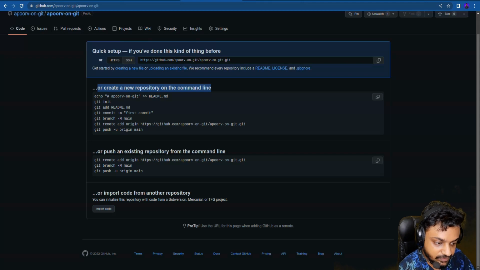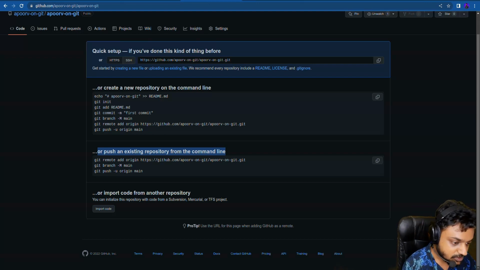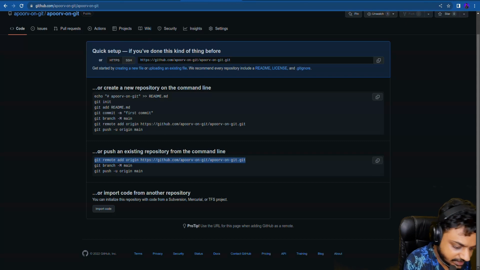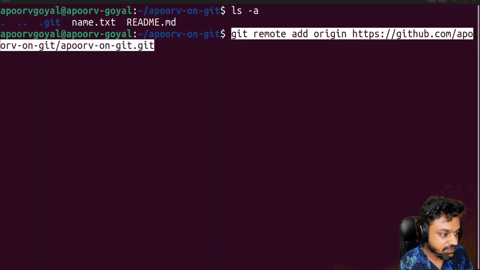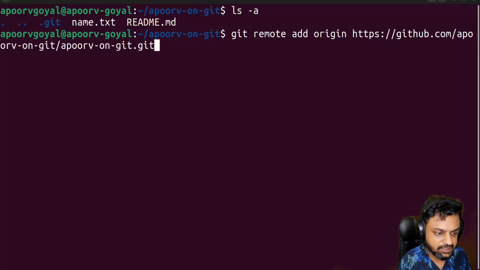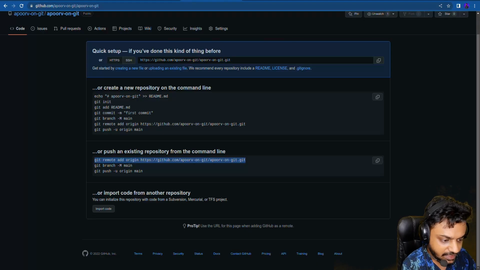So that is when we go into this second part: push an existing repository from the command line. It simply says that you copy these commands. The first command is git remote add origin, and we'll understand this command later. But we simply copy paste this command and press enter. I go back, I take the second command,